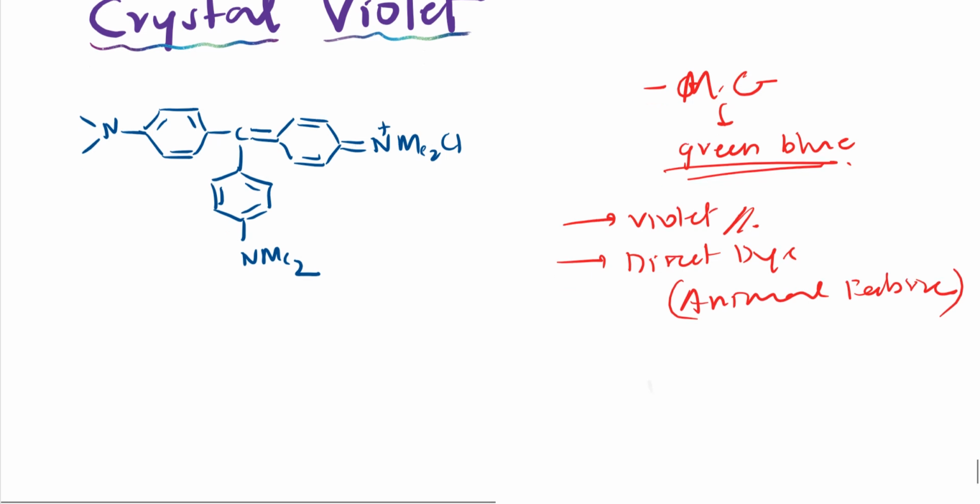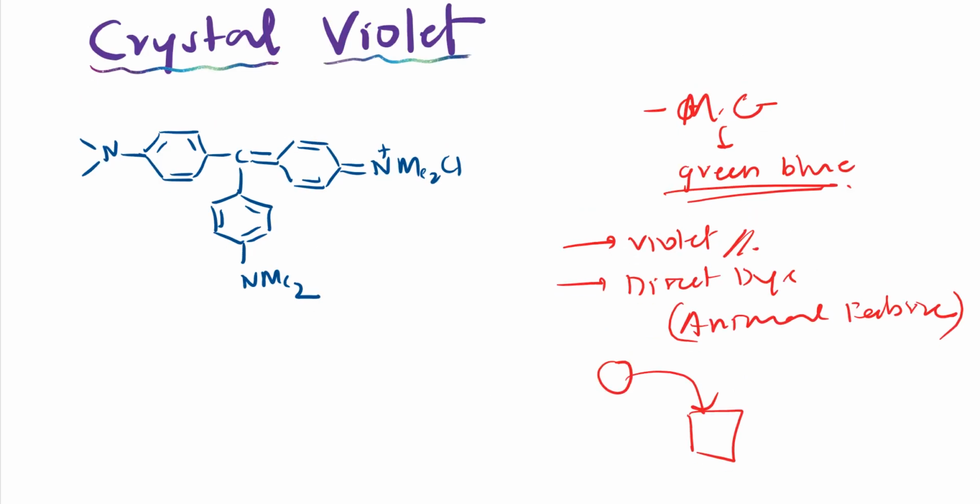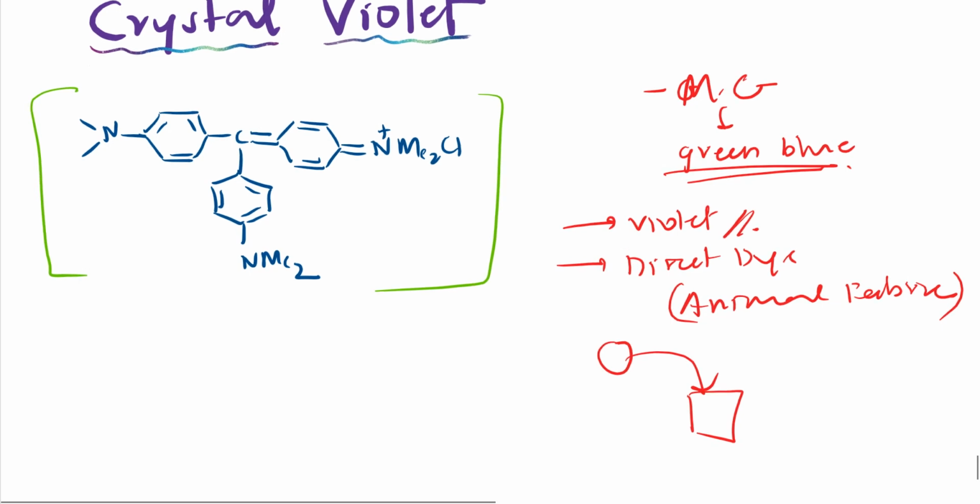See here, what we do is we take this dye, crystalline violet. This is my dye and this is my fabric. Directly we apply it, so this process is called the direct dyeing method, and these dyes are called direct dyes. Here I have written the structure of crystalline violet. When we discuss how we synthesize it, it becomes easy to remember the structure. Let us see how we synthesize it.